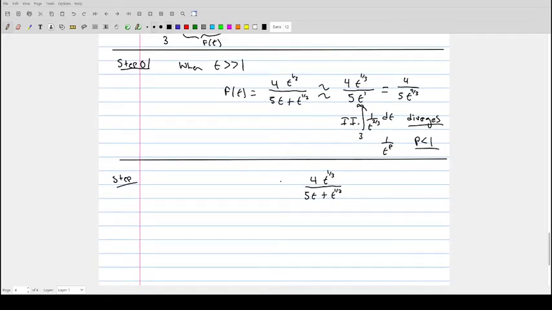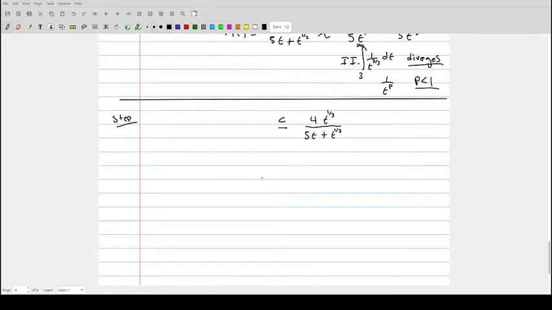We can do this by guaranteeing that the denominator is larger. If the denominator is larger for certain values of t, then we're going to get a function that's smaller. So this function will be greater than or equal to the function 4t to the 1/3 over